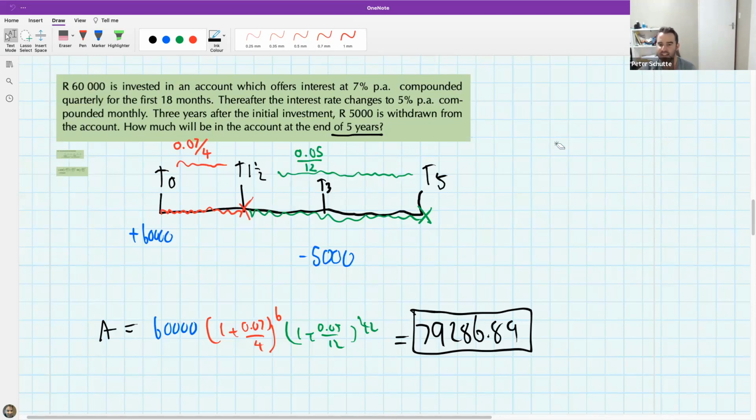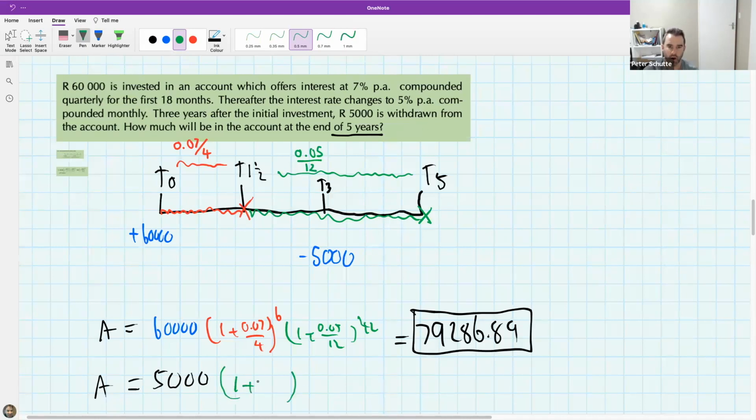Okay. I didn't take into account the interest. Yes, I pretended that the 5,000 was just taken out. But in reality, because I didn't take it out, it actually grew a little bit. So all you need to do is ask, how much did the 5,000 get in interest? And because the 5,000 is sitting here, I want to suggest it only gets the green interest.